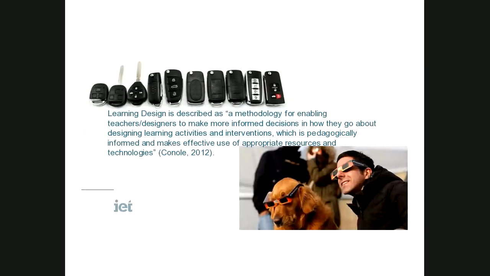And I guess one way to overcome that messiness of big data is to look at actually what our teachers are designing for our students. And if we can unpack what teachers are designing for our students, then perhaps we can get a better understanding of all that complex and big data. What I sometimes refer to as learning design allows you to do a kind of brain scan of what teachers are intending their students to do. So Grenier and Connolly in 2012 defined learning design as a methodology for enabling teachers and designers to make informed decisions on how to go about designing learning activities and interventions.